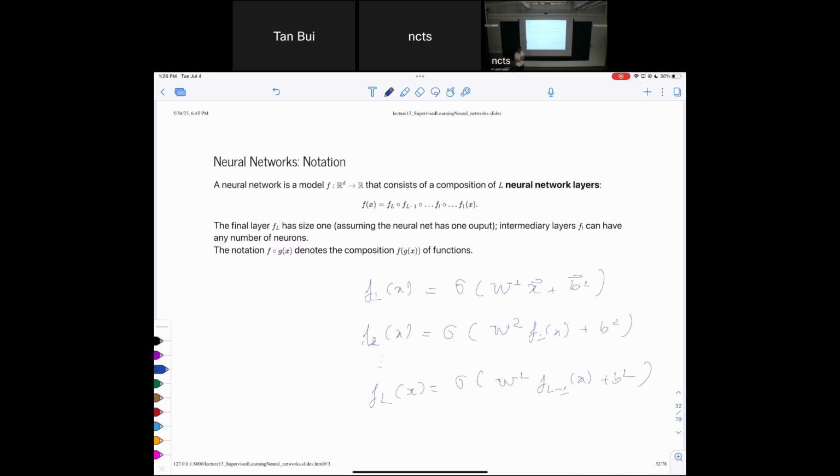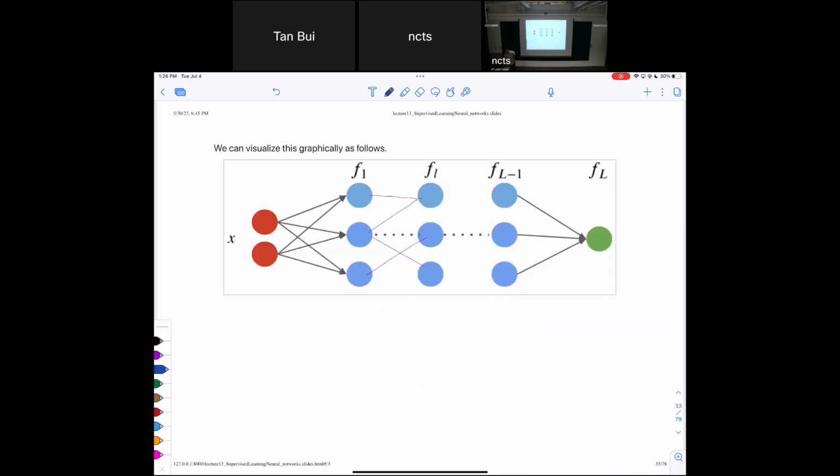What remains is to determine the weights and biases, right? That's why I call it training. It is nothing more than just adjusting the weights and biases for each neuron here,